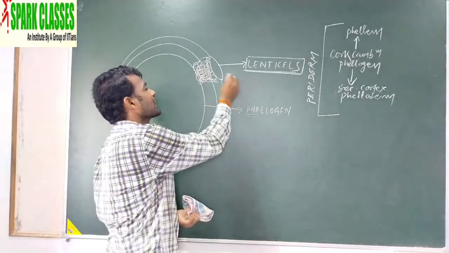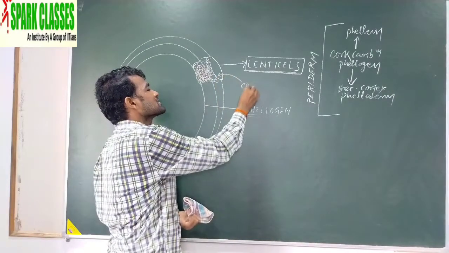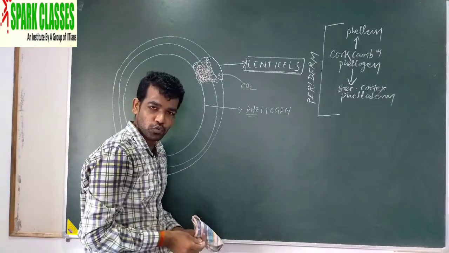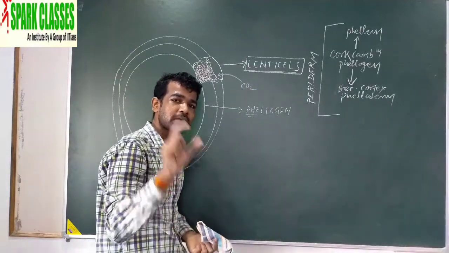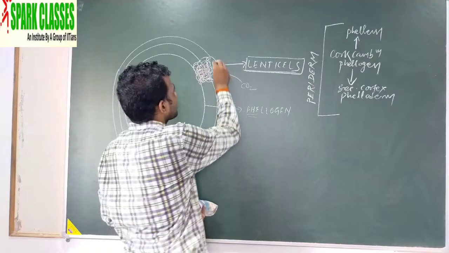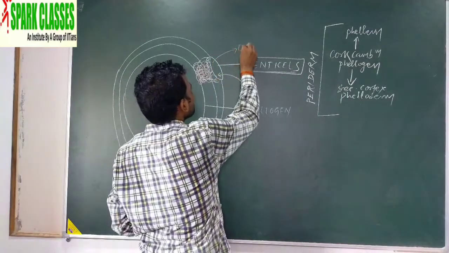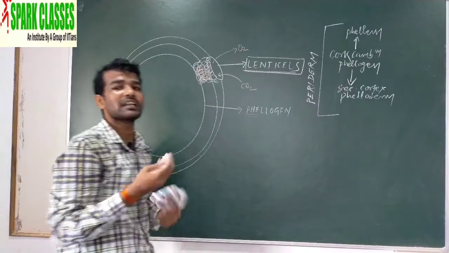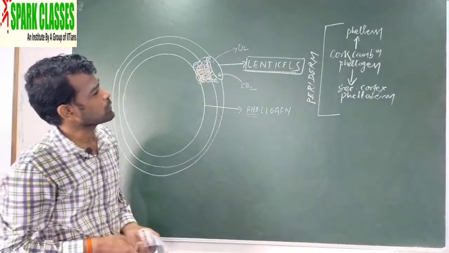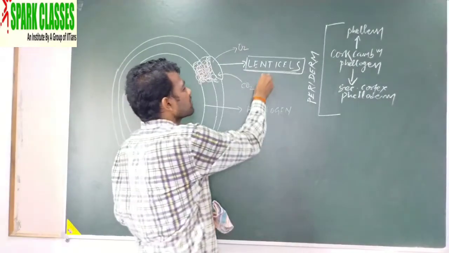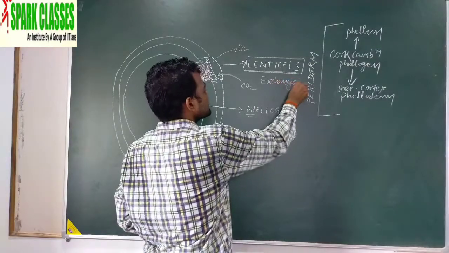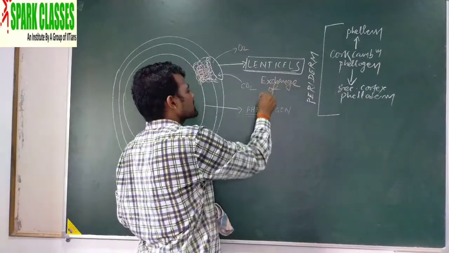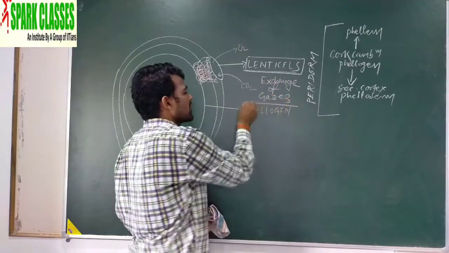Carbon dioxide can enter for photosynthesis. Some cells are green in the stem also. Not only the leaf helps in photosynthesis, some part of the stem also helps in photosynthesis. Carbon dioxide can enter, oxygen can come out. Similarly, the reverse can take place during night. So that's why we can say there is exchange of gases. This question was asked in NEET. Exchange of gases takes place.